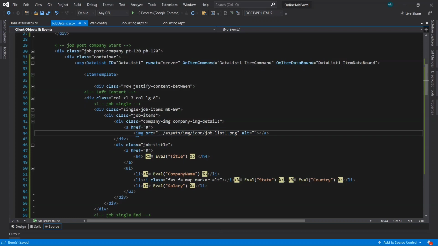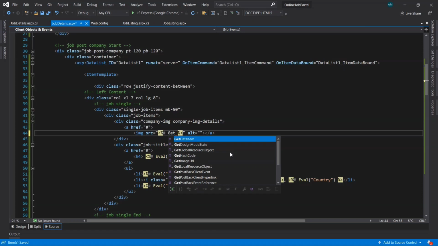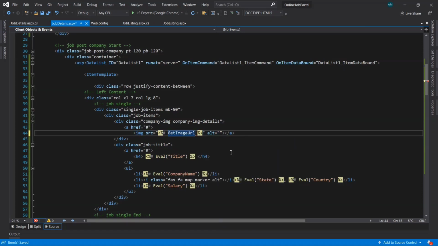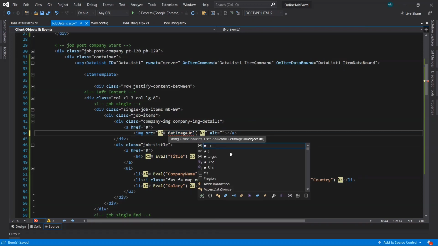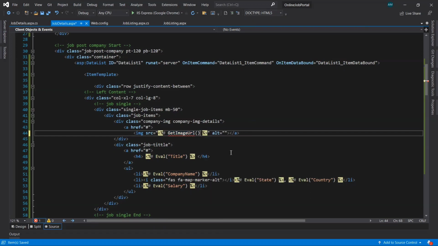So let's remove the content or data inside this source attribute of this img tag. Okay, so let's take here angular bracket, then the percentage hash. Now we are going to call the function name GetImageURL, bracket open and close.